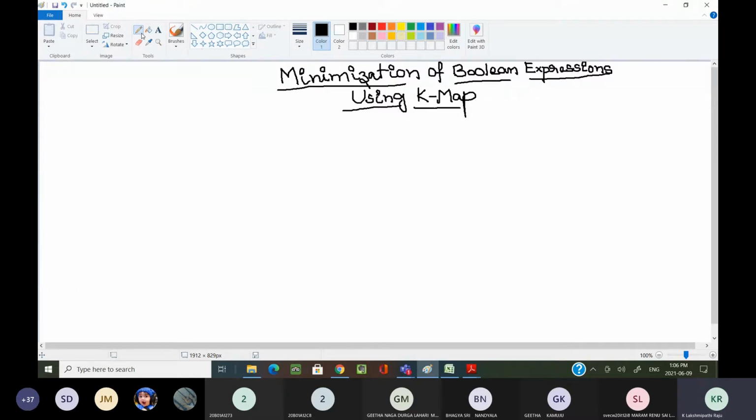Now, directly I am writing one problem, a 4 variable function, Boolean expression. Then directly I am explaining how to solve a 4 variable expression. And in today's session we are going to cover all the different kinds of problems that are there in a 4 variable K-map. Now note down the problem in your running notes parallelly along with me.